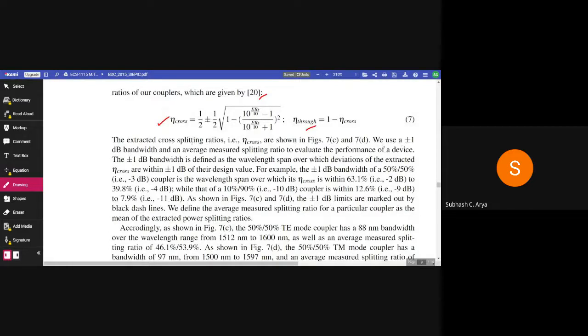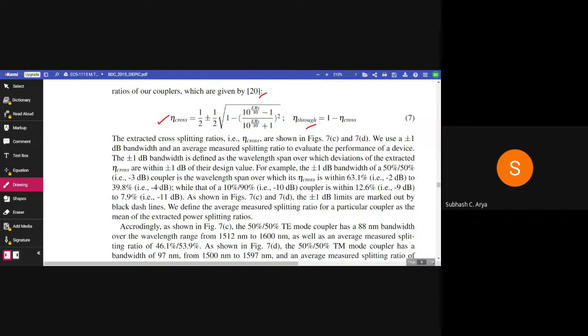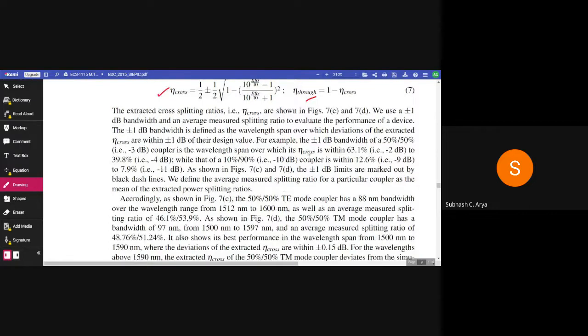We use a plus or minus 1 dB bandwidth and an average measured splitting ratio to evaluate the performance of the device. The plus or minus 1 dB bandwidth is defined as the wavelength span over which the deviation of the extracted eta cross is within plus or minus 1 dB of the desired value. For example, the plus or minus 1 dB bandwidth of a 50-50 coupler is the wavelength span over which its eta cross is within 63.1%,